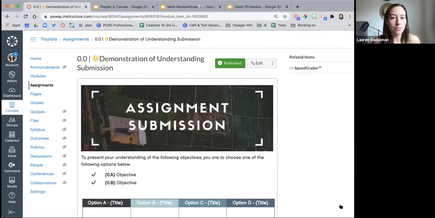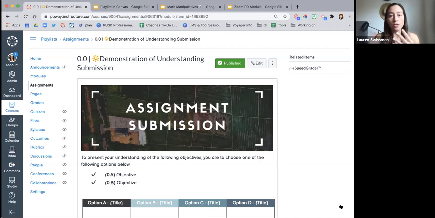Then students come to the demonstrating of understanding. Now comes that answer to the question about how do I give them choice without messing up my Speedgrader, right? So what we see teachers do a lot is they put out 4 different assignments. Maybe with this one, you can record a video of your demonstrating of understanding. This one, you can write a post. This one, you can record a song, whatever it might be. Maybe you gave them 4 different options